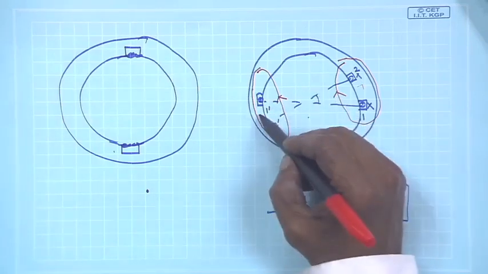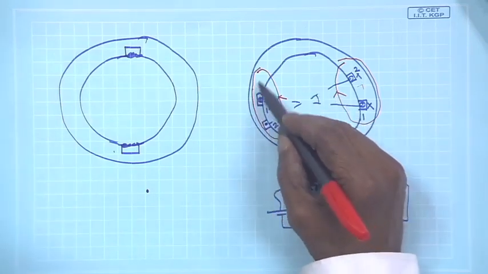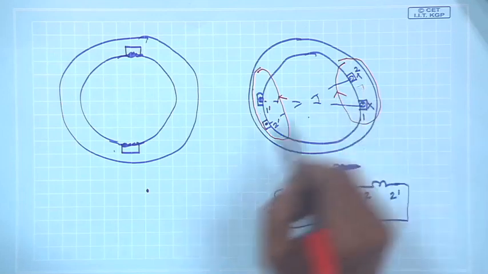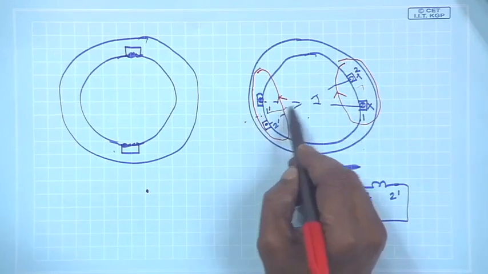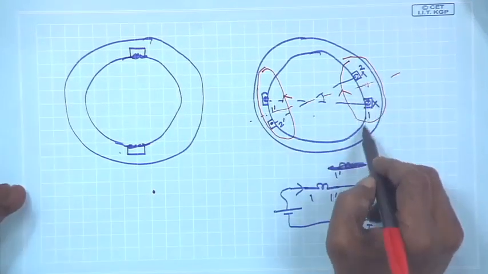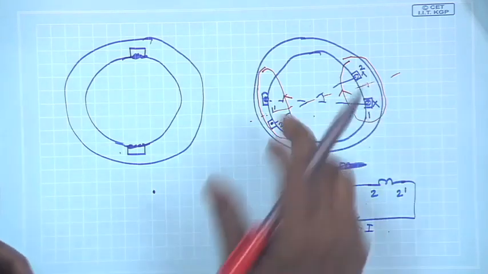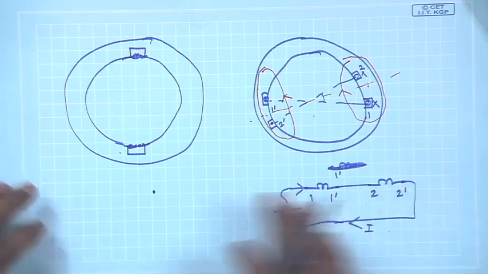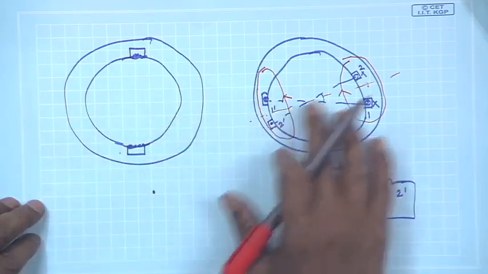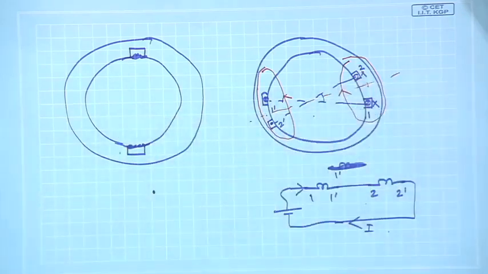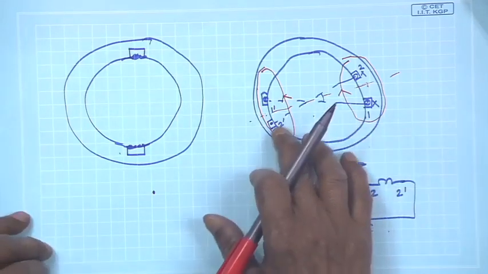In that case this hub will become the south pole, and this hub will become your north pole, you can easily see. So, instead of using a single coil, if I use two coils named 1-1 dashed and 2-2 dashed,